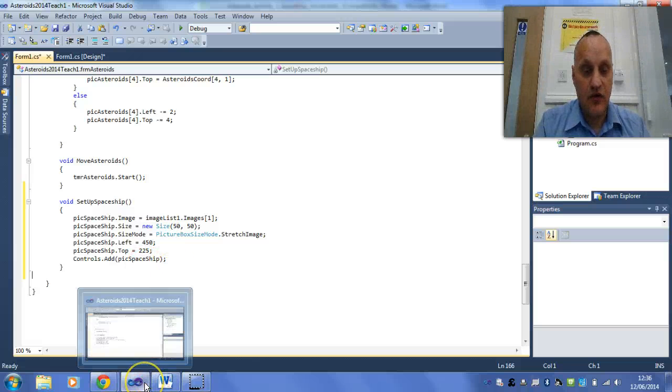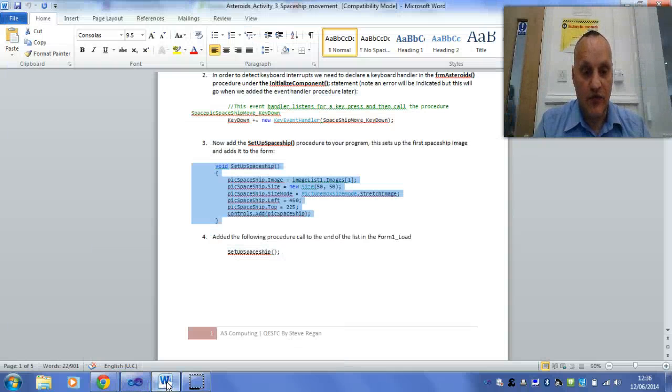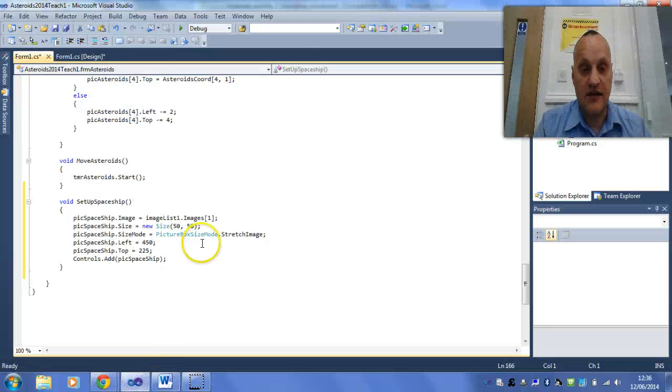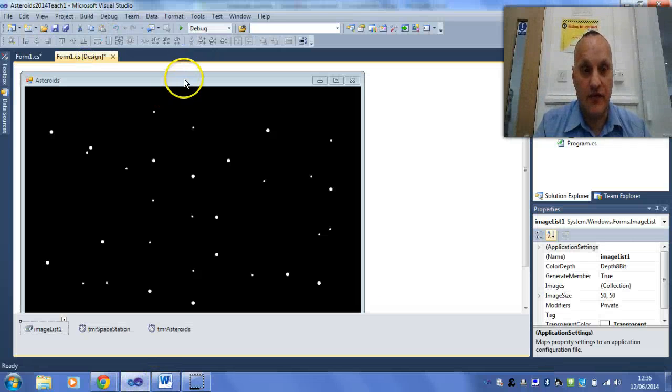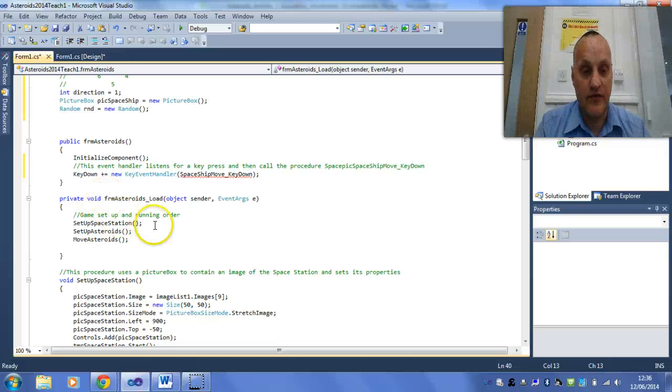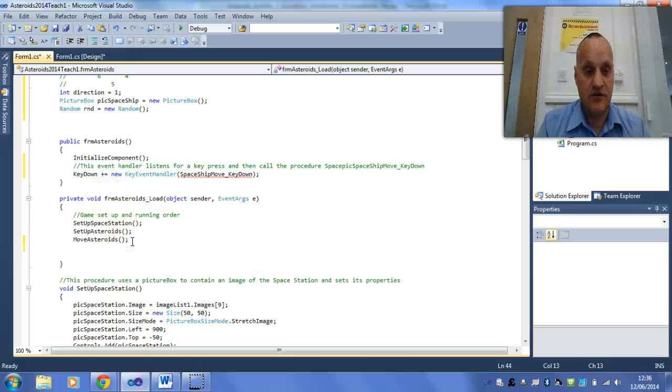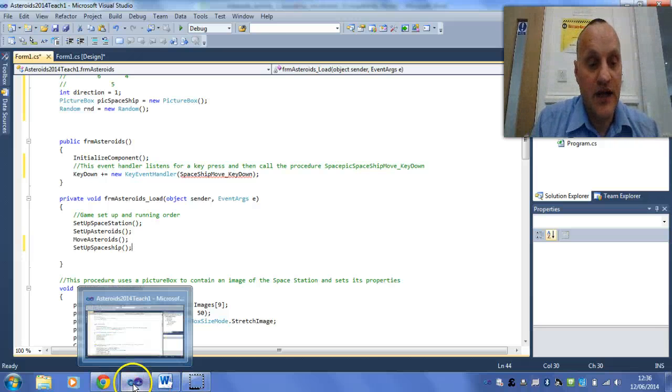Okay, but we also, remember, on the form loader, we have to actually set that off. So when we first load the form, again, like we did before, remember, if you can't find the form loader, you double click on the blue bar of the form, and then we put it to the bottom here. So that's the sequence of subroutines that are called, a bit like your main function in a console